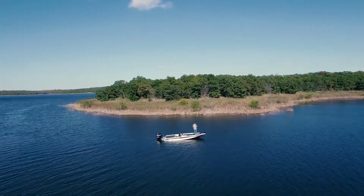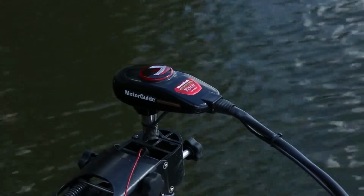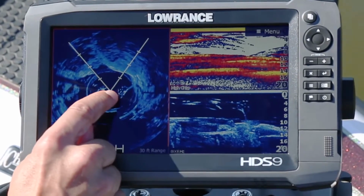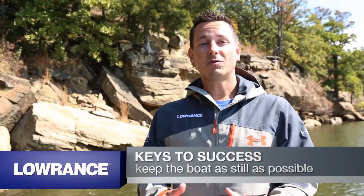SpotlightScan is the first and only angler-controlled sonar system, which means the better I can drive the spotlight, the better image I can create on the unit. This allows me to see structure and fish in front of the boat so I can target them without actually spooking the fish. Some of the keys to making SpotlightScan perform the best are the boat needs to be stationary